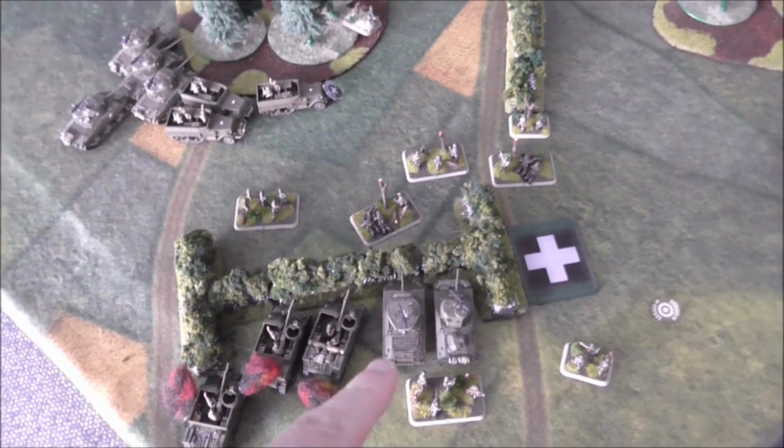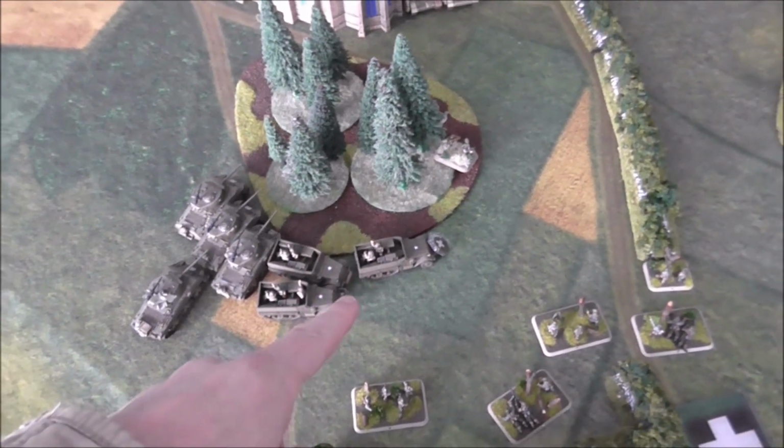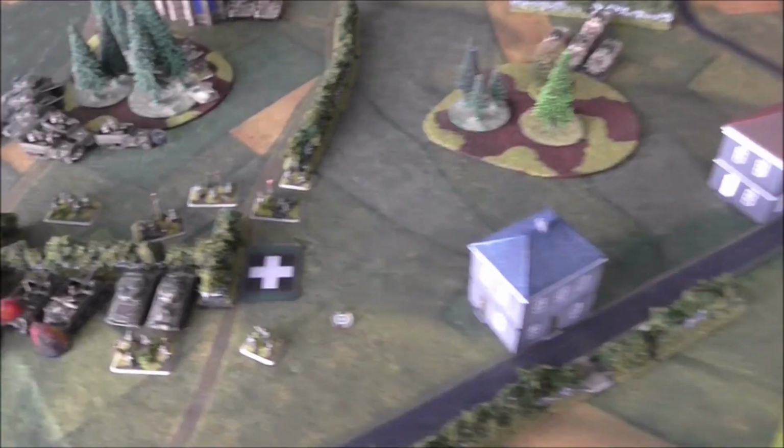So my turn 2 motivations, the infantry unpinned, the jumbo got back in, the mortar didn't. You can see I've moved the Shermans. I also got more reserves in, folks, straight away, so I'm swinging round my reserves to protect the objective and